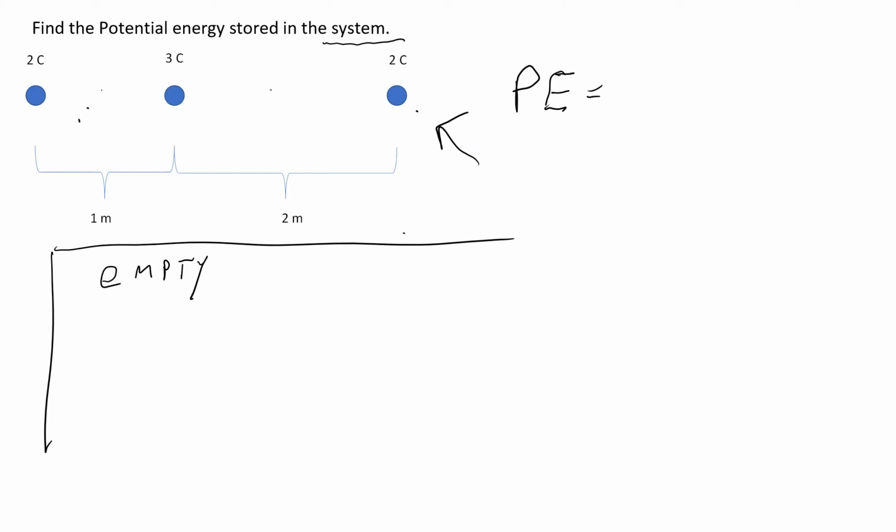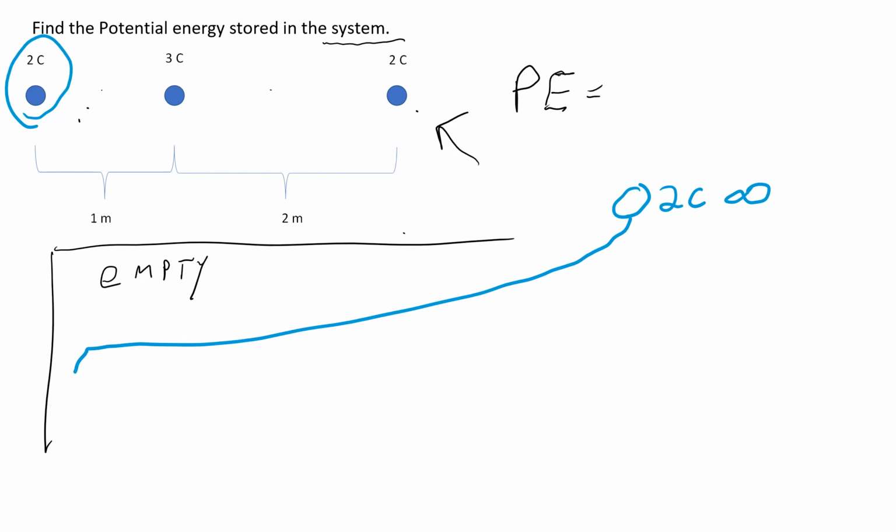So the first thing I'm going to do is move this charge into my empty universe. That charge has 2 coulombs worth of charge. It starts at infinity, and I move it into my empty universe to the spot that it's supposed to be. Now, how much work do I have to do on this charge in order to move it from infinity to there? 0. Why 0? It's an empty universe. There's no forces in this universe for me to overcome,